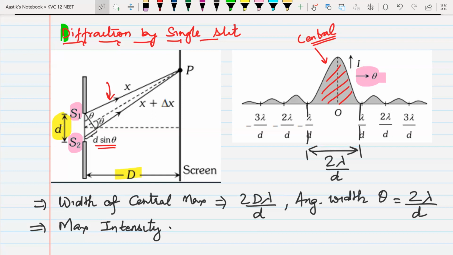Central maxima, as you can see, has maximum intensity. Now, look at the central maxima and look at these maximas. The other maximas are known as secondary maximas. Do you see these secondary maximas? Now, the width of secondary maximas,